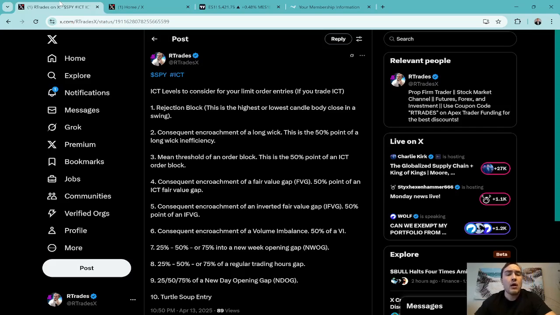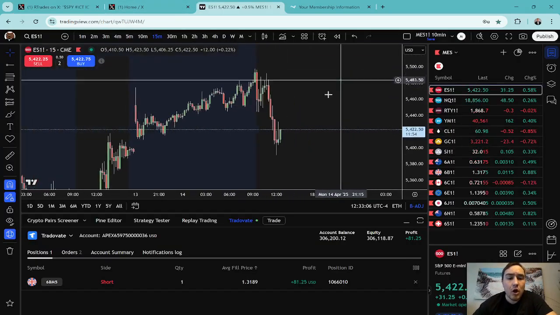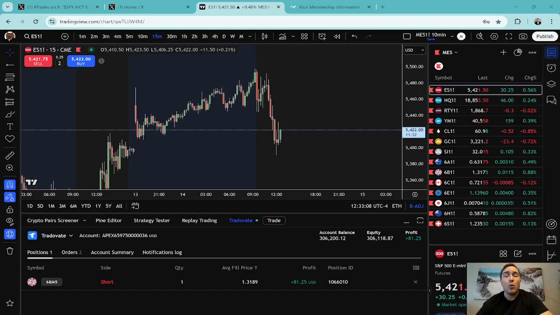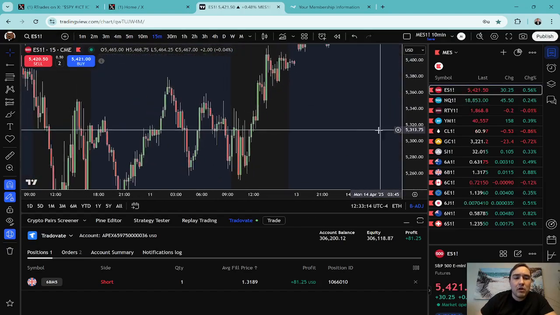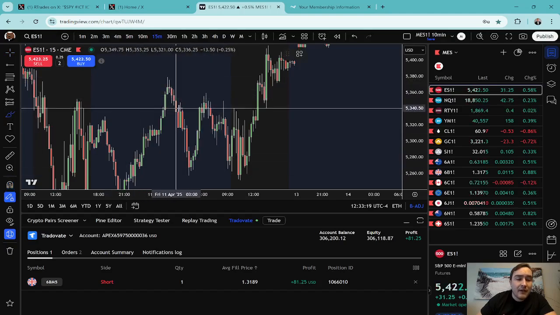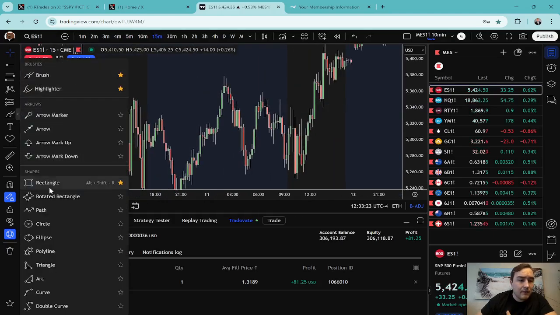rejection block. Okay, number two, let's talk about the consequent encroachment of a long wick. All right, what is a long wick? Guys, it's exactly what it sounds like. When you're looking at a 15-minute chart, they're all over the place. They're very prolific, but I would typically want to take trades on ones that are at the end of a